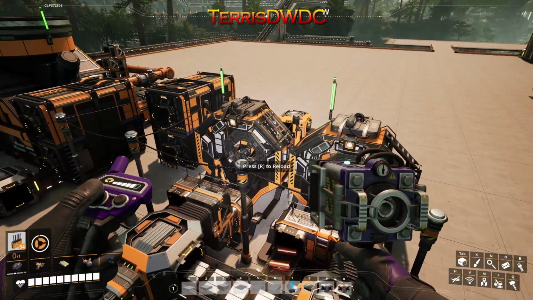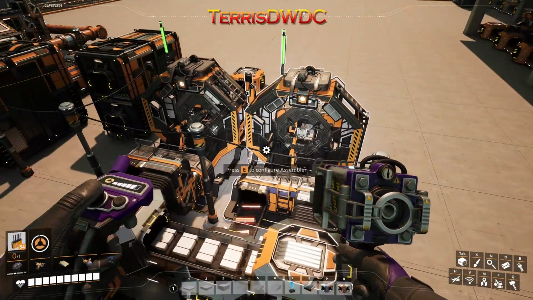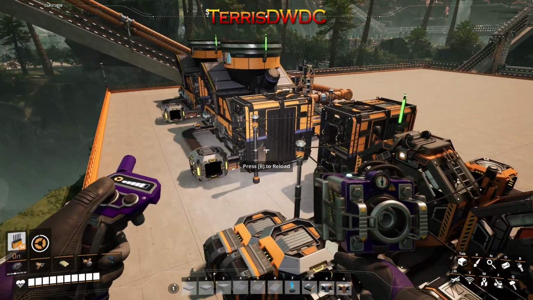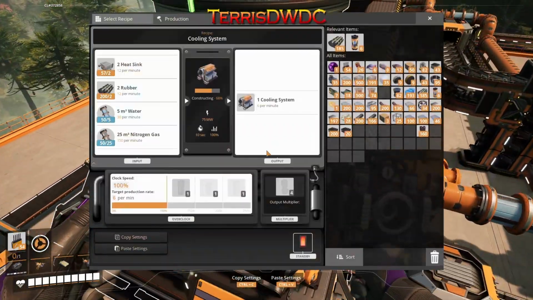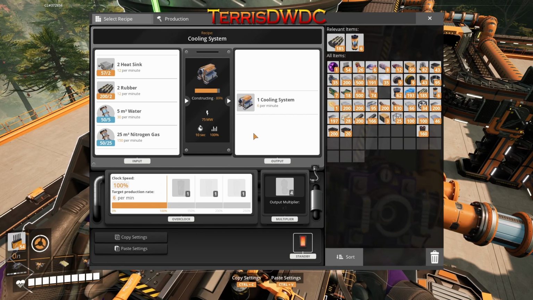So I'm gonna double this up. I'm gonna add 2 more assemblers here to be able to make some more heat sinks. And actually I'll probably have to move some things around because I've only got 6 per minute here, unless I...